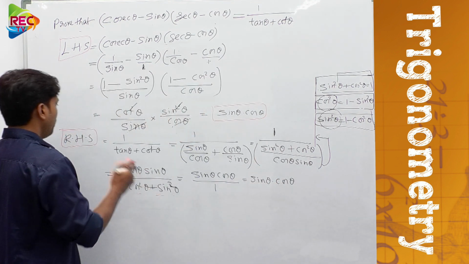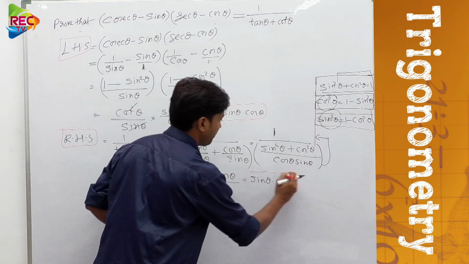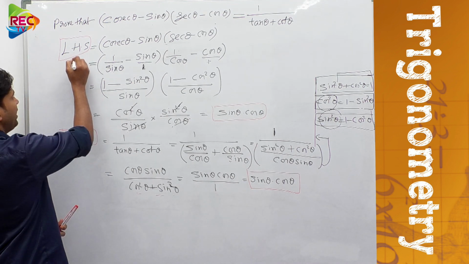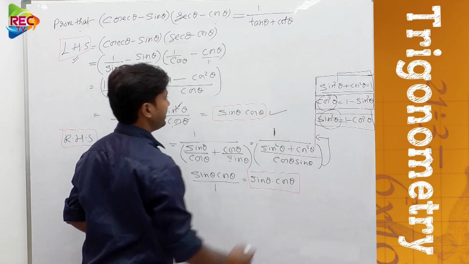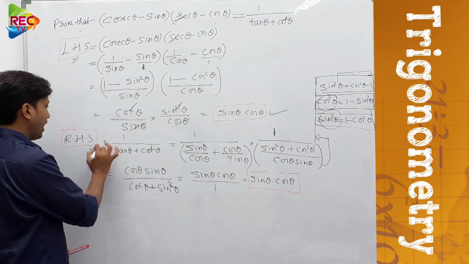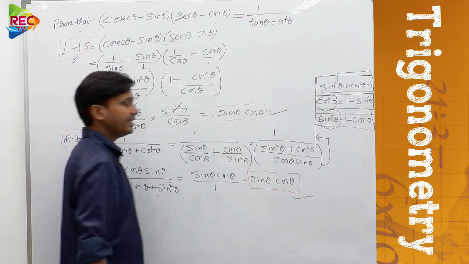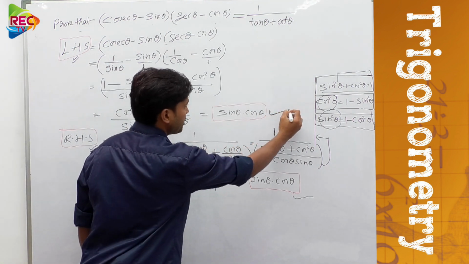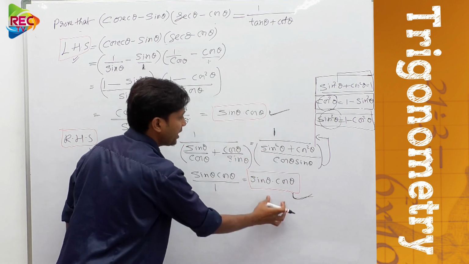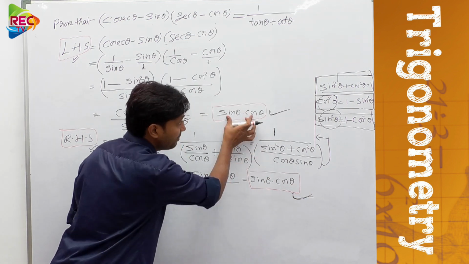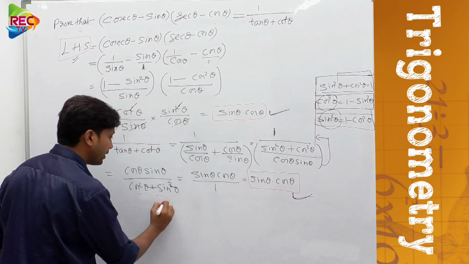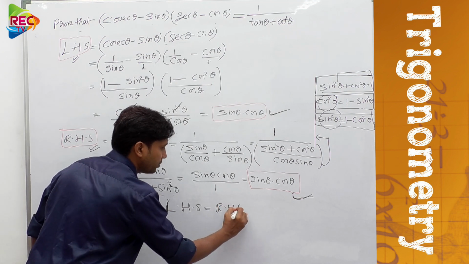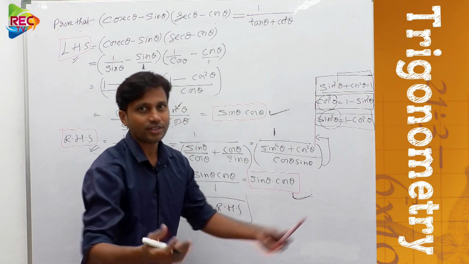Okay, now we took RHS and we obtained the value of RHS also. Now if you observe here, the value of LHS we obtained as how much? Sin theta cos theta. The value of RHS also we obtained as how much? Sin theta cos theta, right? In both the LHS part and RHS part we are getting the same sin theta cos theta. That means we got the LHS value equal to what? The RHS value, right? So therefore, is it proved or not?